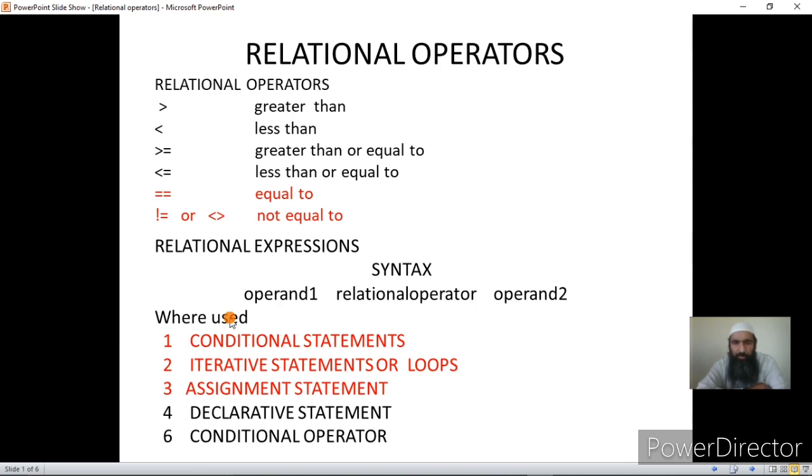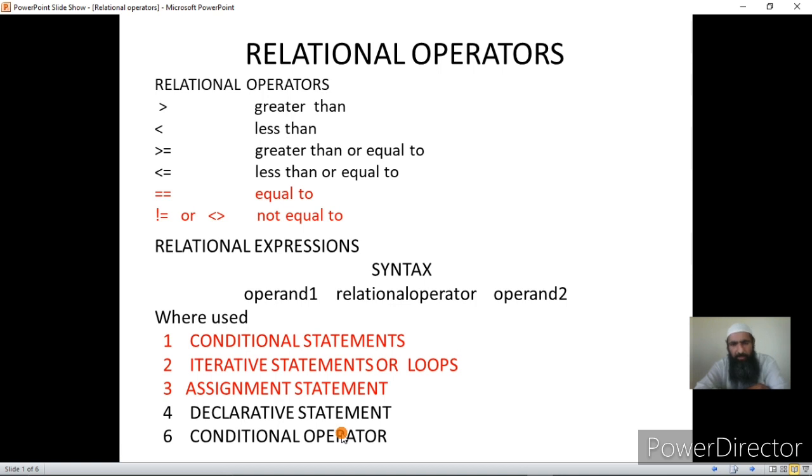Now, there should be no confusion between conditional statement and conditional operator, because these are two different things. Conditional operator is basically an operator, but a conditional statement is a statement like if else, if ladder, nested ifs, and switch case. We have discussed conditional statements, but the conditional operator is an operator whose symbol is question mark and colon.